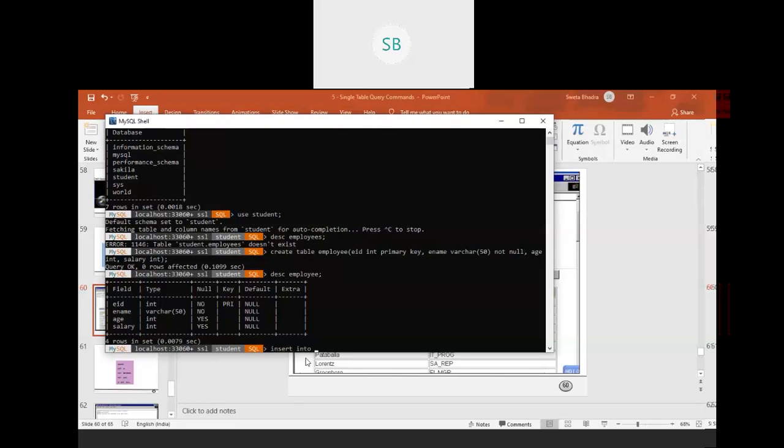As you know, INSERT INTO employee VALUES, then I think age 28, and then salary.